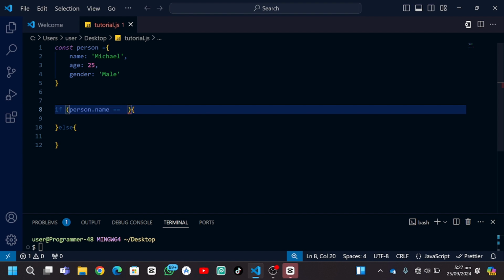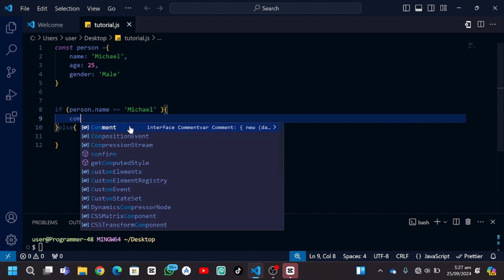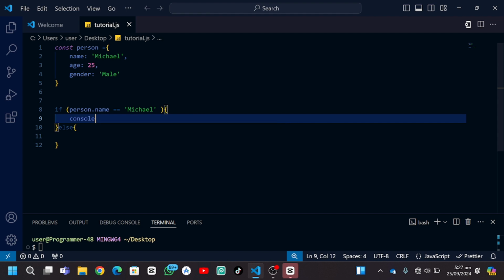And then we don't only have equal to in our conditions. We can have less than or equal to, we can have less than, we can have greater than. But in this case, we want to use equal to. So you bring equal to and say if the string existing in person.name is equal to Michael, we want to console log he's a great guy,